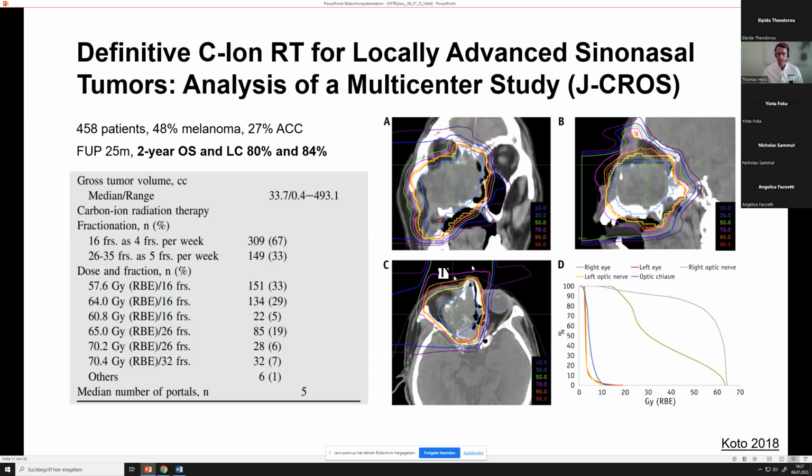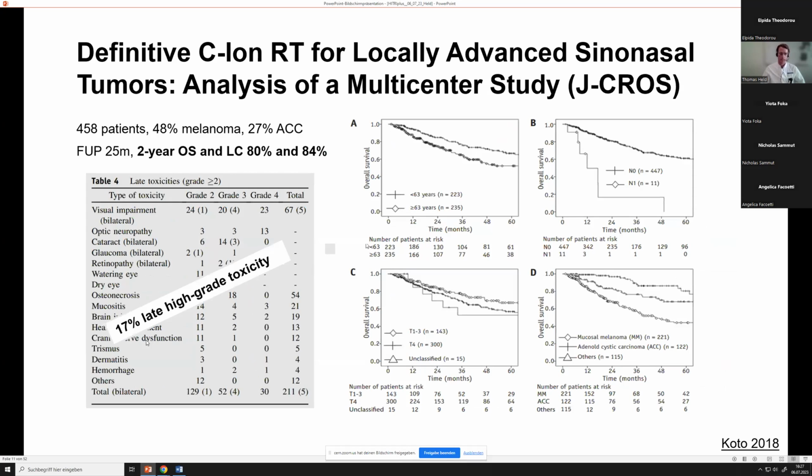So there's a lot of really impressive data available from Japan, from these large multi-center studies, typically with these hyperfractionated schedules, typically with 16 fractions. For these difficult to treat and complex localized adenoid cystic carcinomas, but also melanomas, and with really promising results. So only 17% late high-grade toxicity. Oftentimes, this is the case for visual impairment, so optic nerve damage on the ipsilateral side where the tumor is located. This is oftentimes not possible to do any other way since the tumor is infiltrating around the optic nerve. But the local control rates and overall survival rates with these concepts are over 80% after 2 years,